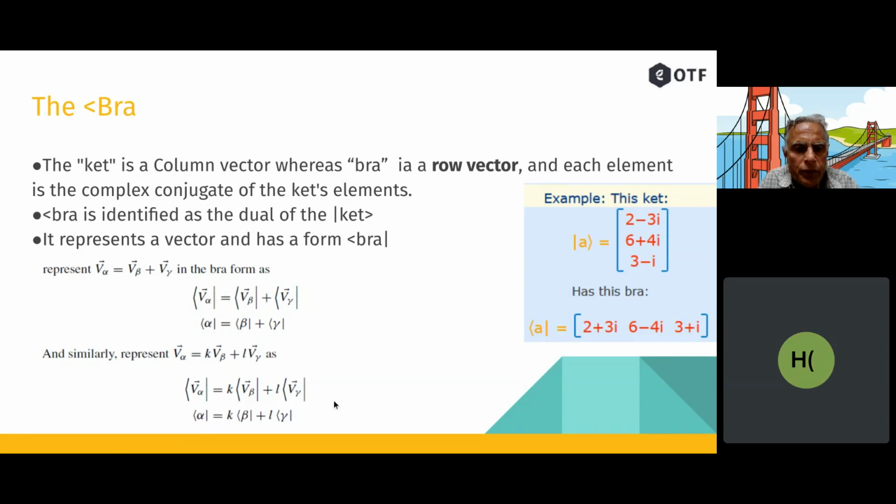This can also be represented in simple terms as bra alpha equal to k times bra beta plus l times bra gamma. So this is the bra portion of it. So we saw the ket portion of it, we saw the bra portion of it. Mathematically, we see how the complex numbers are getting